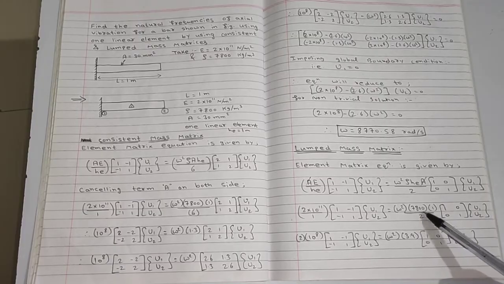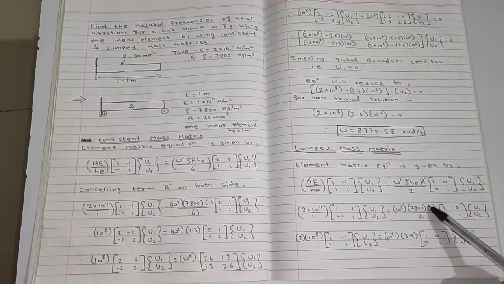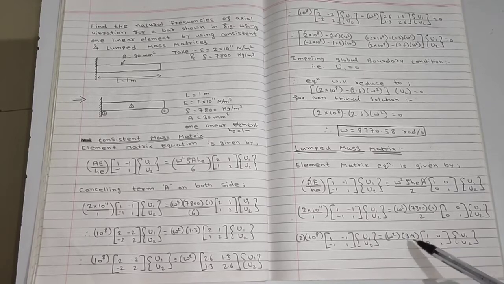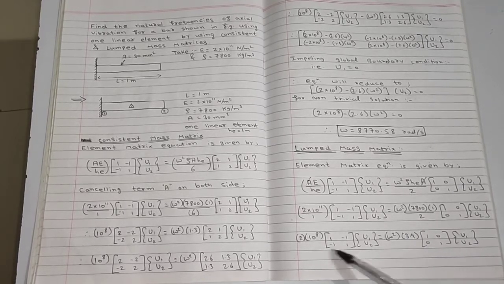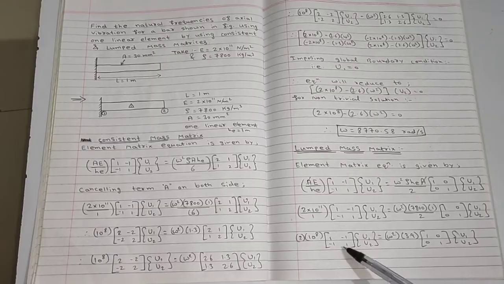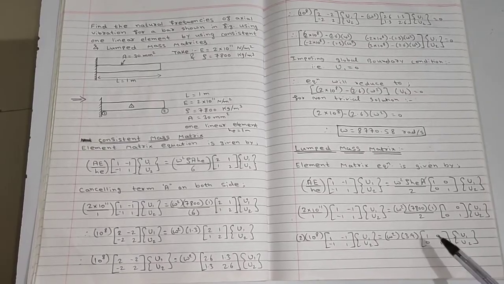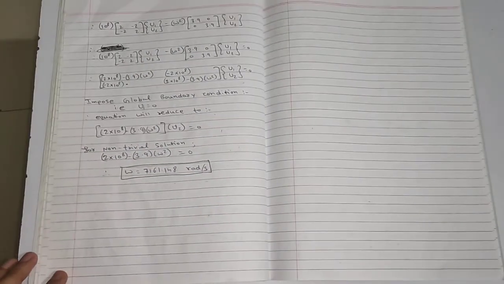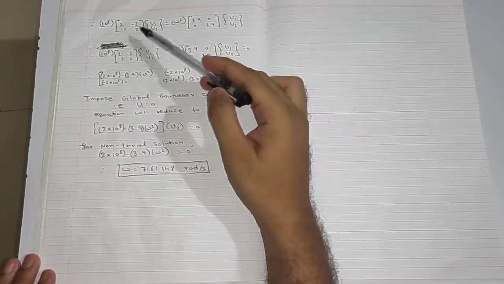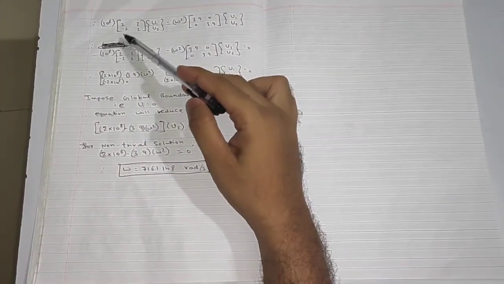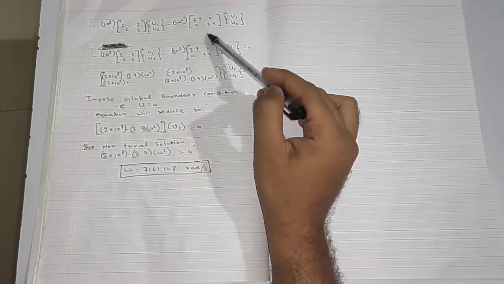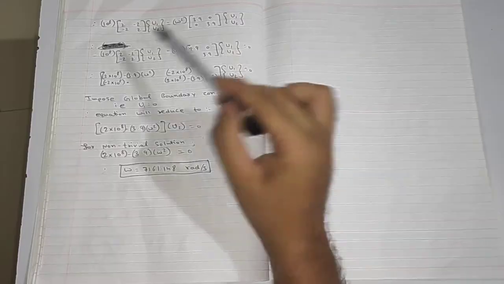So this will be 7.8 into 10 raised to 3. This 10 raised to 3 and 10 raised to 11 will cancel out each other. So 7.8 divided by 2 will be nothing but 3.9. So this is that term. Now this 2 will go inside this matrix, and this 3.9 will go inside this matrix. So what will happen is this: 10 raised to 8, matrix 2 minus 2 minus 2 2, u1 u2, is equal to w square, matrix 3.9 0 0 3.9, u1 u2.